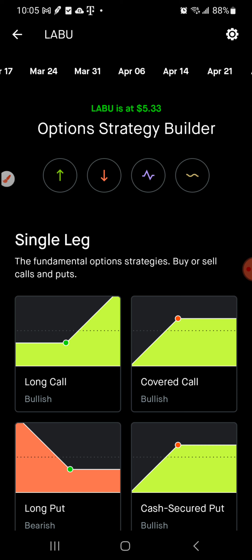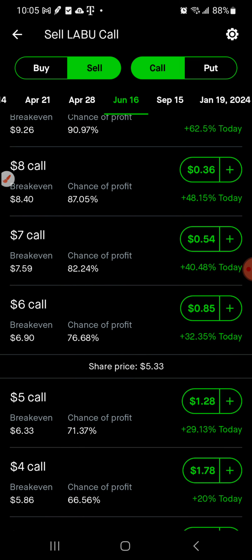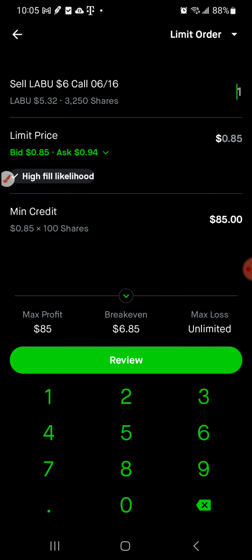So of my 3,250 shares, I have to ask, do I want to, in the meantime, sell a covered call? I could go a month out, 2 months out, maybe June 16th, and my average cost again is $5.85. So let's say I went to $6, I'd still make money. Seems to be a little bit of interest there. So if I sold 30 contracts and held it through June,